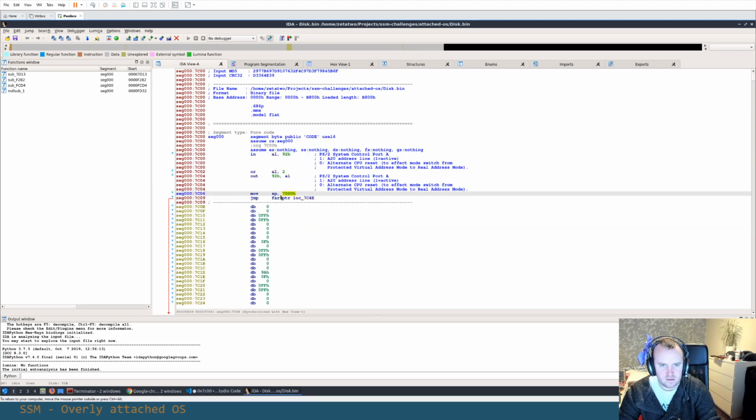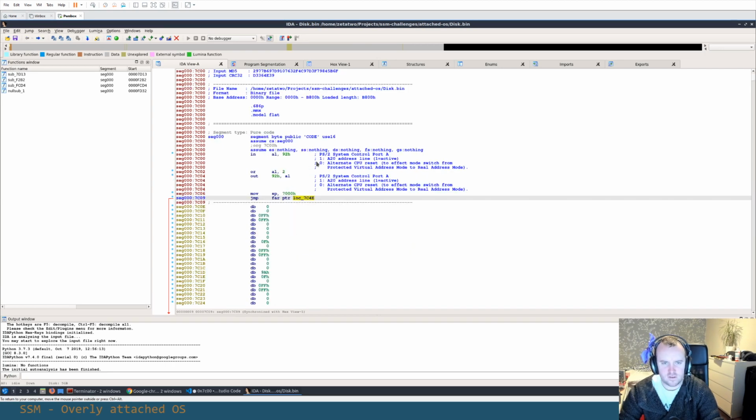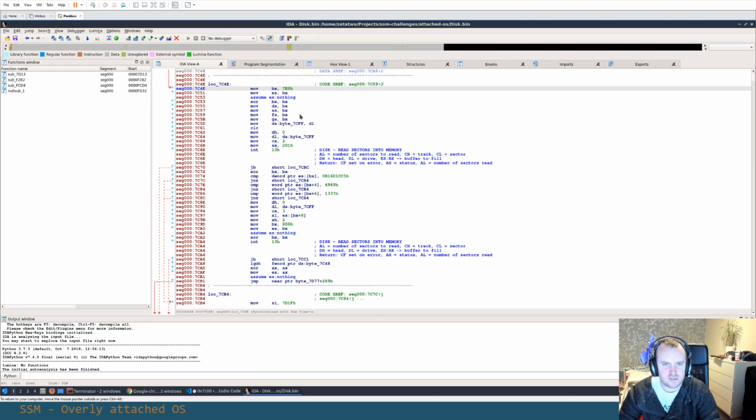And so what it does is that it sets up some, I mean, I barely know what this is, and then it will set the stack pointer to 7000, and then we'll jump to this location, and here it will read, let's see, read sectors into memory. So it will start reading data, and then